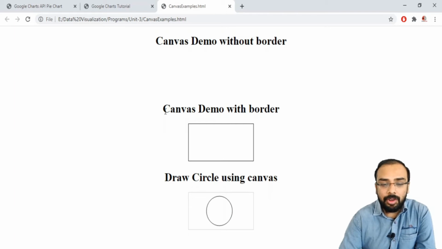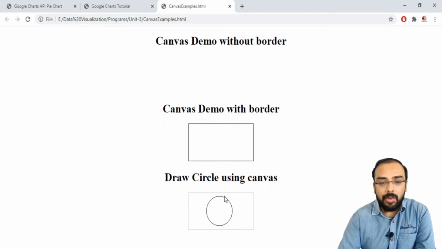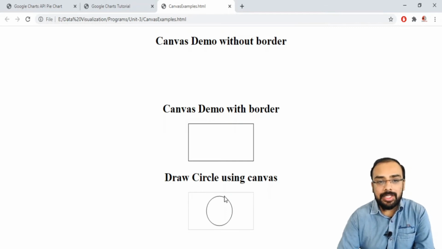Second, we have created a canvas with a border. This is a rectangular area of your canvas with a border of black color. Then again we have created a canvas, we have specified its color, and inside this color we have drawn a circle.